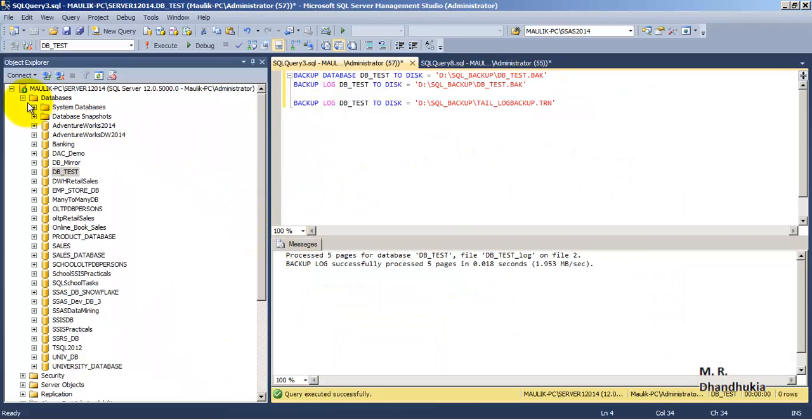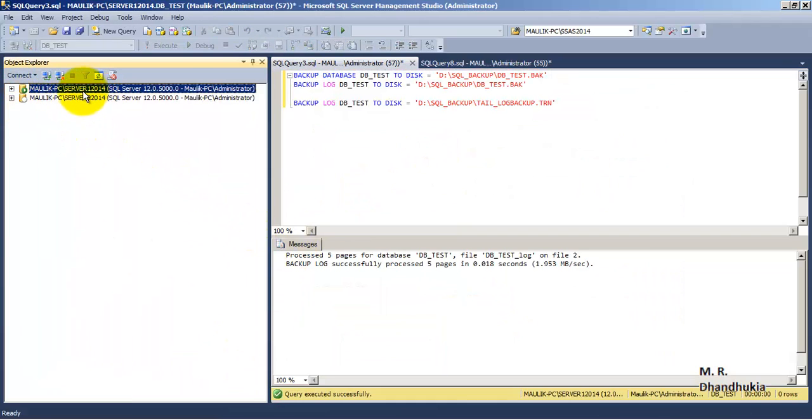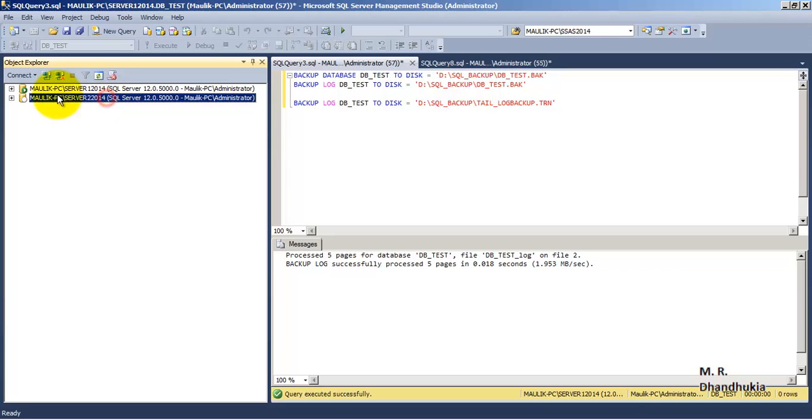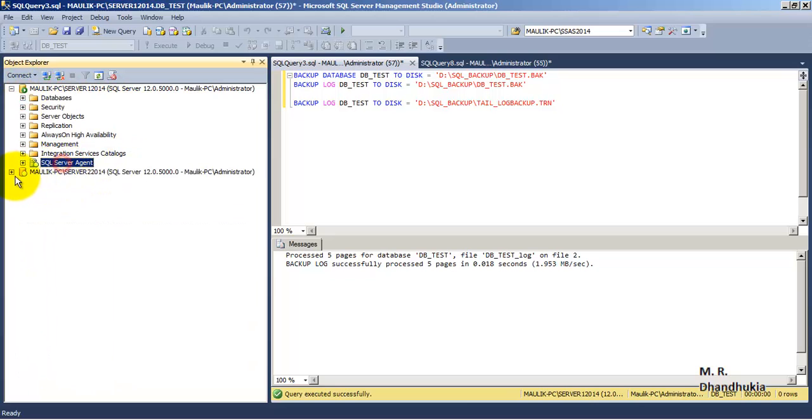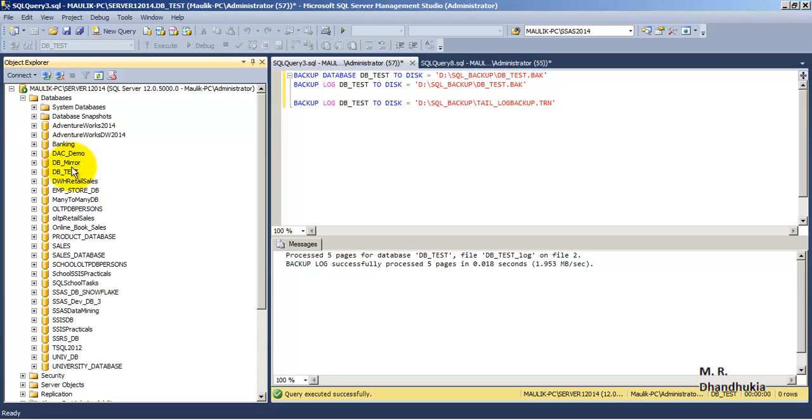Now in SSMS, I have two instances, Server1 2014 and Server2 2014. My Server1 2014 is the primary instance and my Server2 2014 is going to be the secondary instance. Make sure that SQL Server Agent is running on both. Why? Because we are going to use jobs for this particular configuration. Also, make sure that the database that we are going to use to configure log shipping, in our case the DB_test database,